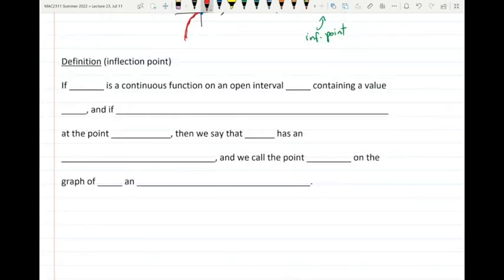All right, so if f is a continuous function on an open interval I containing a value c, and if f changes the direction of its concavity, do you know what I mean by this? When I say it changes the direction of its concavity? Well, that means from concave down to concave up, or concave up to concave down, okay? If it changes concavity at the point c, f of c,